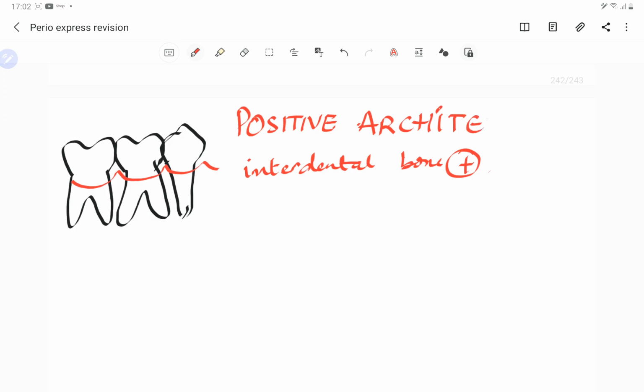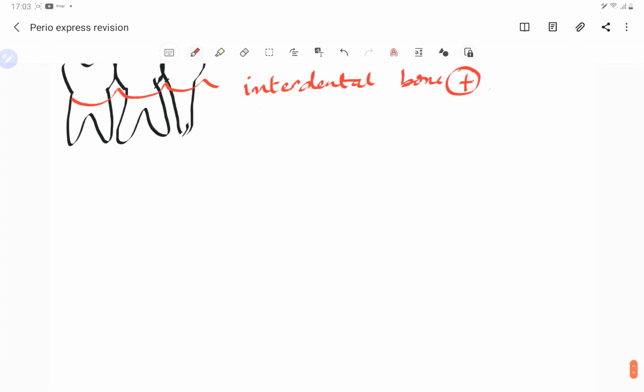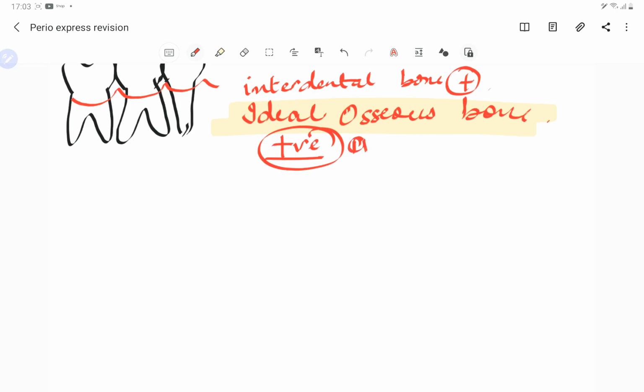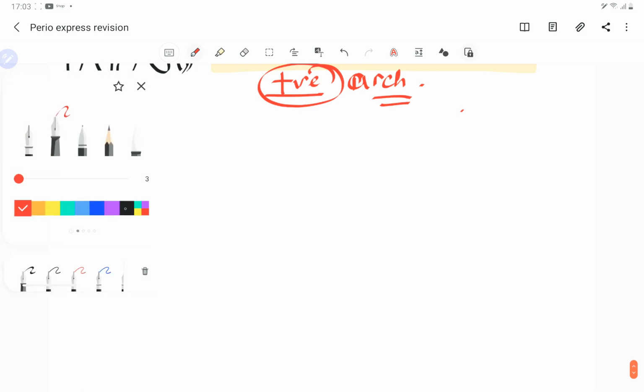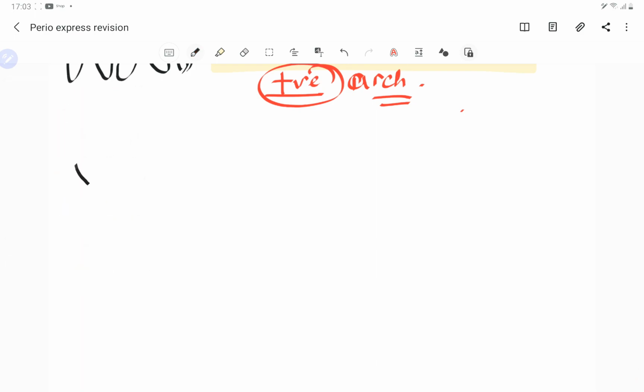Architecture. Okay, you know that I am so bad at spellings. Okay, I think still we are wrong. Anyways, don't mind. So this is the ideal form. This is the ideal osseous form. That means when you look at the ideal bone morphology, you will find that there is a positive architecture of the bone, right? But what happens, say suppose if the bone morphology is not good, that means if the architecture is reversed,